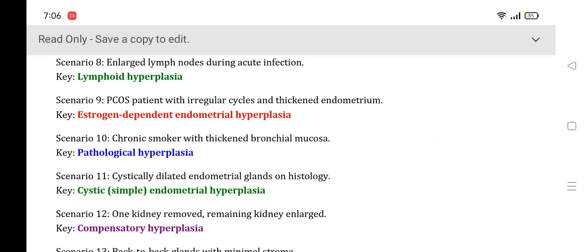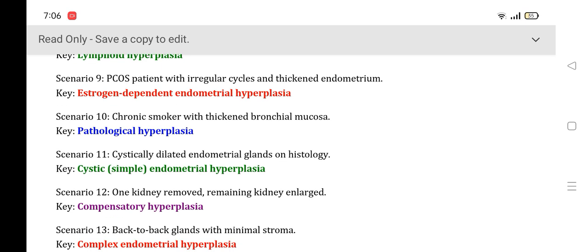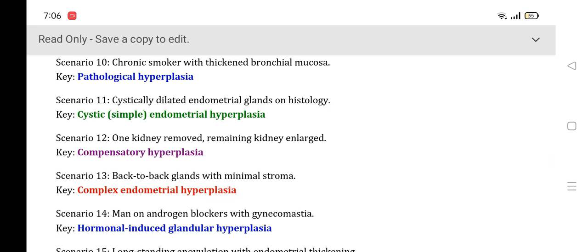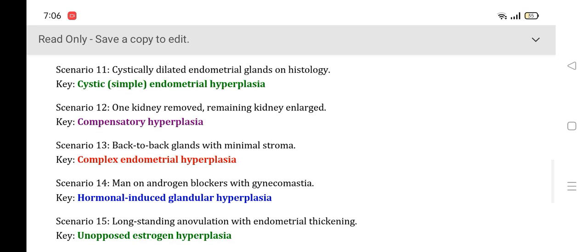Then the next question is polycystic ovarian syndrome, patient with irregular cycles and thickened endometrium. So again it is estrogen dependent endometrial hyperplasia because in PCOS there is an unopposed exposure to estrogen. Then the next is a chronic smoker with thickened bronchial mucosa, here because of some pathogen exposure, it is pathological hyperplasia. Then the next scenario is cystically dilated endometrial glands on histology, basically it is simple endometrial hyperplasia. And the next scenario is related to kidney, that one kidney is removed, definitely there will be compensatory hyperplasia